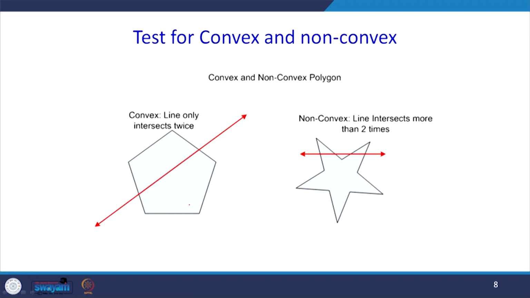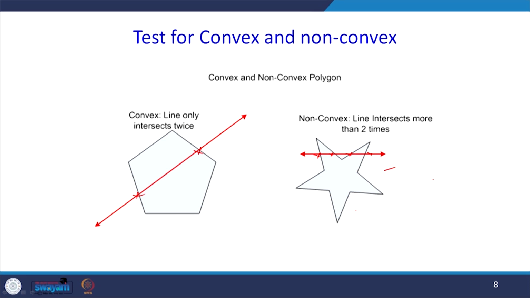So, how to test whether a region is convex or non-convex? See, a line intersects a convex region only twice. So when you draw a line and it intersects only twice, then we can say this is a convex region, or a convex function if it is in equations. See the figure on the right hand side. Here 1, 2, 3, there are more than 2 intersections. So this is a non-convex polygon. So if our feasible region is a non-convex polygon, then finding extreme points and the corresponding z values will not give your solution.